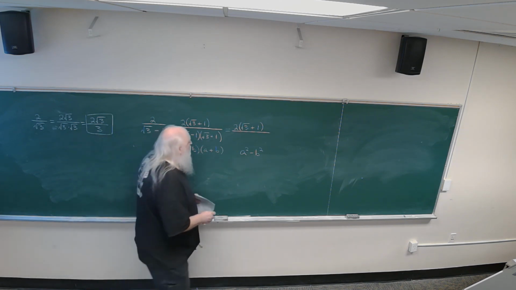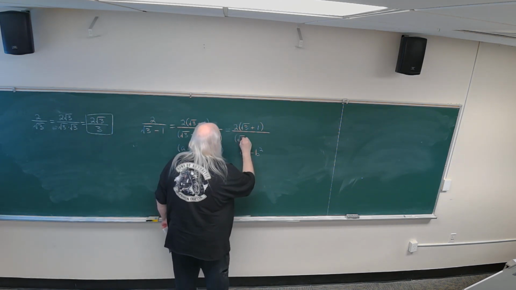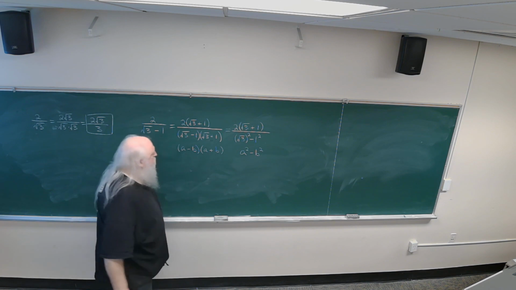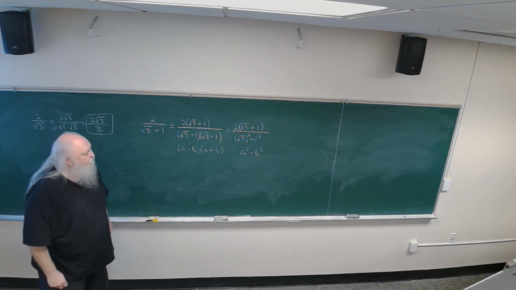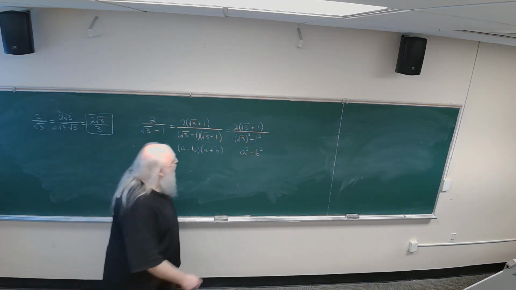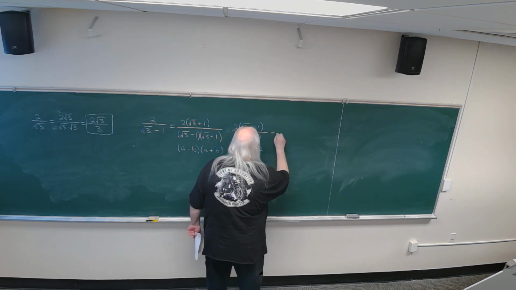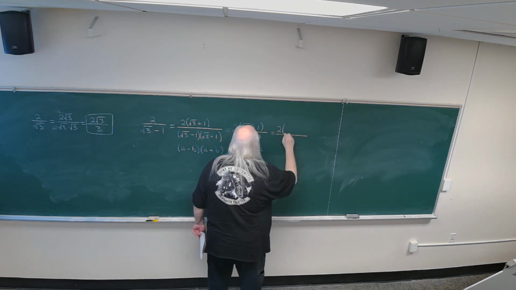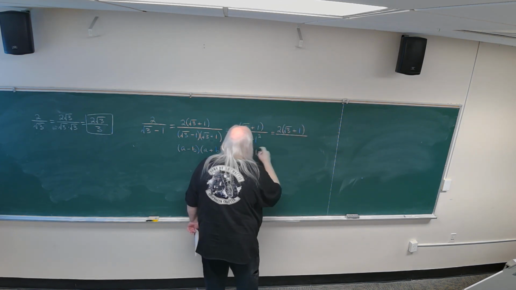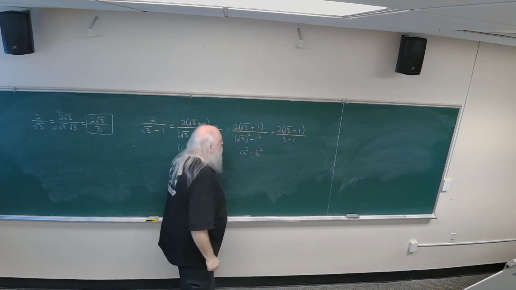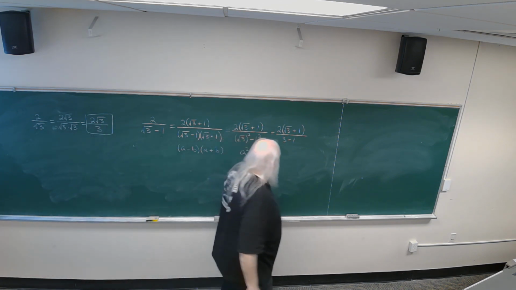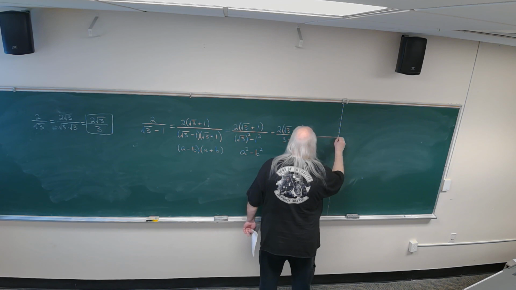So a squared is square root of 3 squared, and b squared is 1 squared. Now you do the order of operations in the denominator to simplify. And the numerator remains 2 times the square root of 3 plus 1. Square root of 3 squared is 3. 1 squared is 1. And so the denominator simplifies, right? 3 minus 1 is 2. And so the denominator simplifies